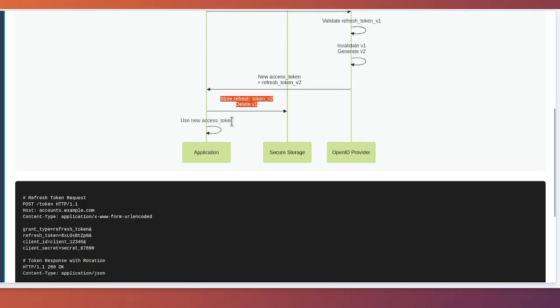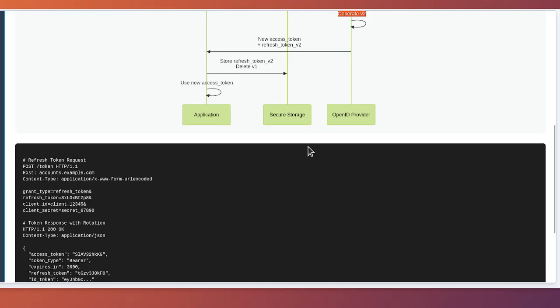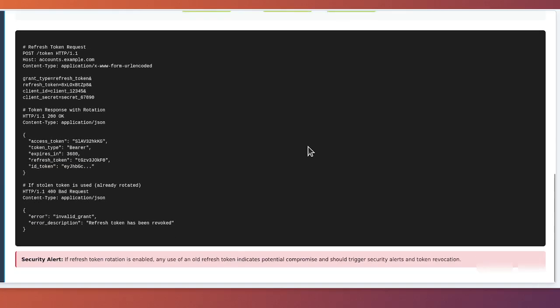The old refresh token is immediately invalidated, meaning it can only be used once. This mechanism, called one-time use refresh tokens, provides important security benefits. If a refresh token is stolen and used by an attacker, the legitimate application's next attempt to use its refresh token will fail, alerting the application to the compromise. Similarly, if the legitimate application uses the refresh token first, the attacker's subsequent attempt will fail, alerting the OpenID provider